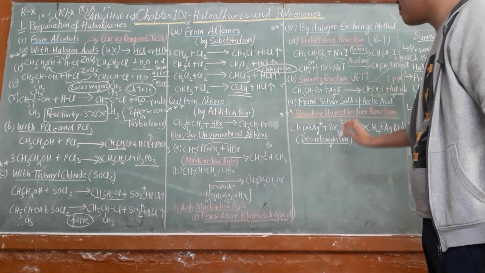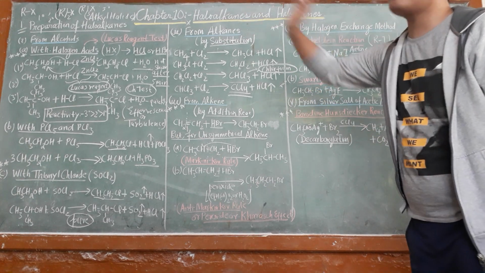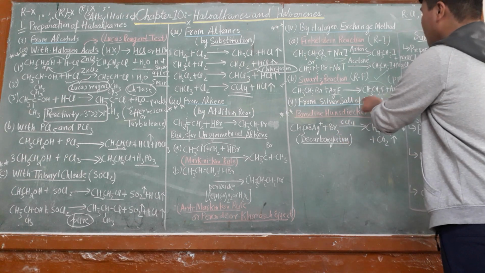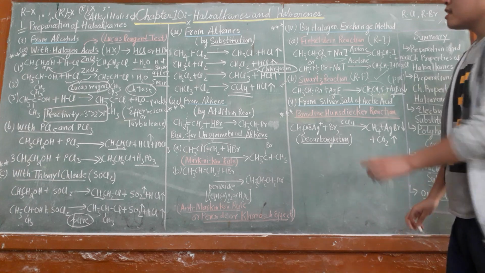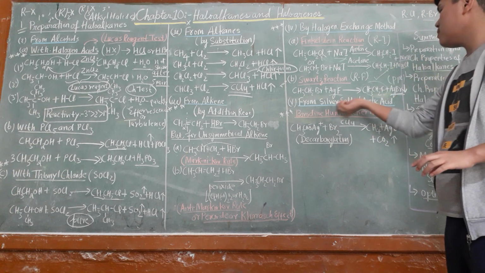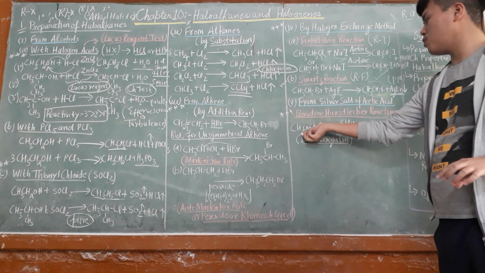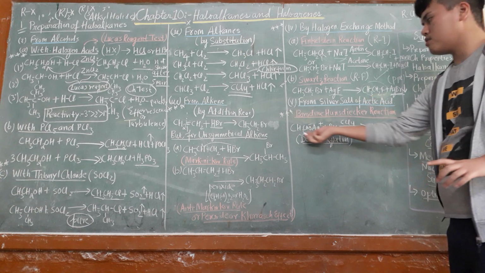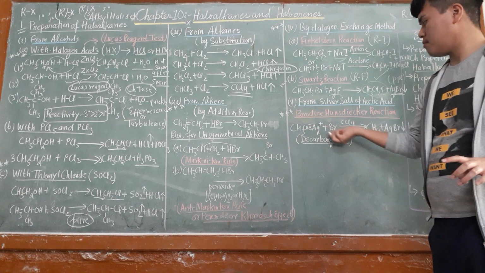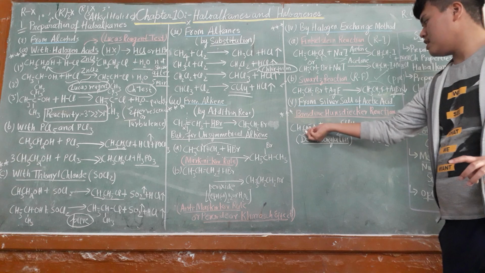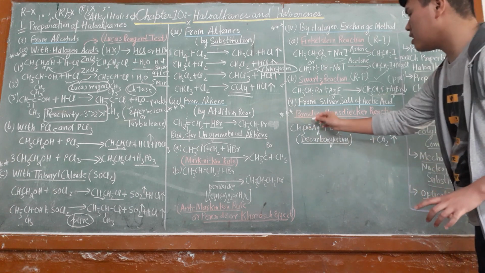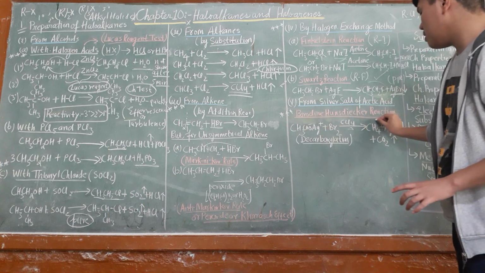Now, the last name reaction for the preparation of haloalkanes in your syllabus is from the silver salt of acetic acid. So CH3COOAg, plus bromine, Br2, in the presence of carbon tetrachloride, will give you